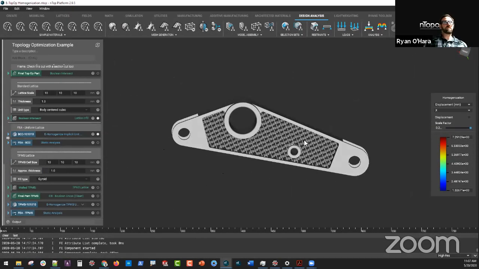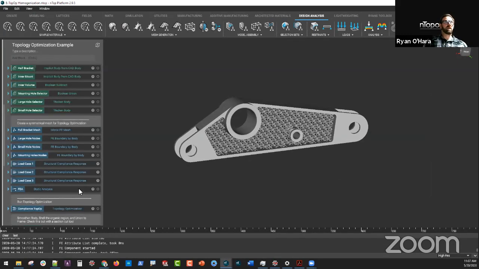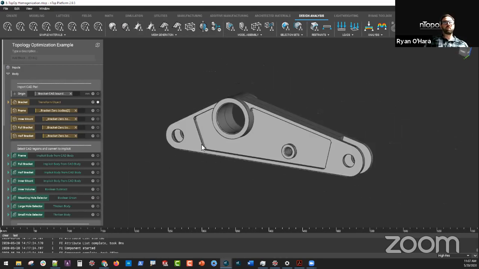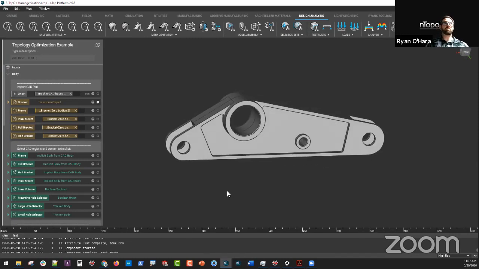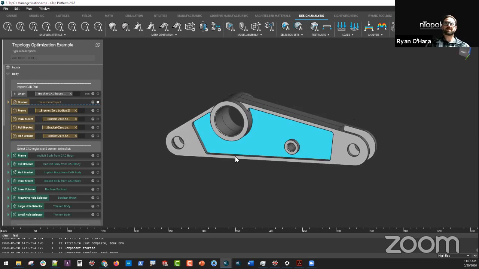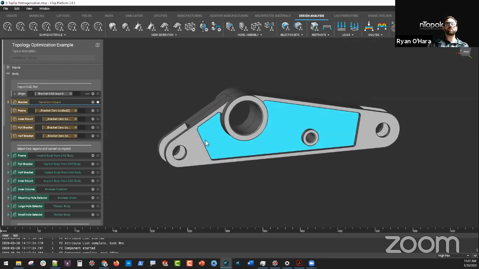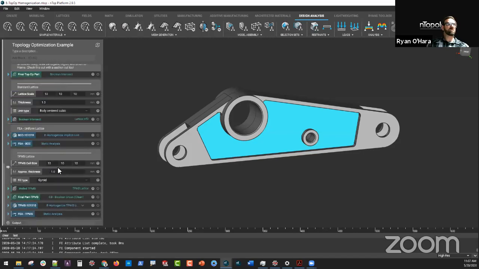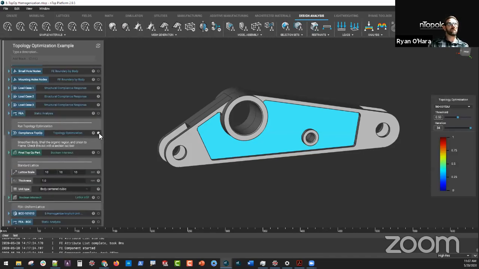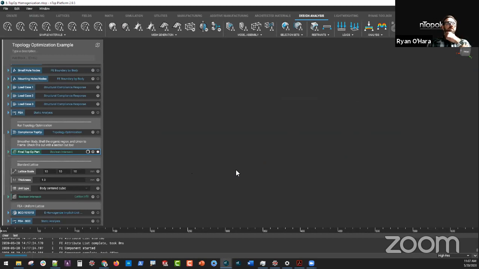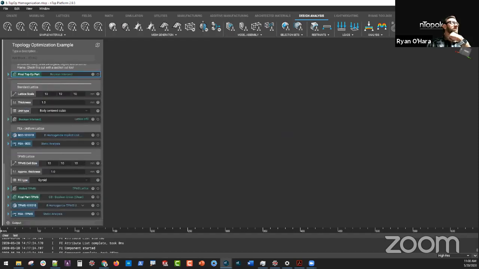And so this is a top-op bracket that we've used in the past. And the idea is that we want to perform some operations. In the previous use cases, we've looked at taking this center section and optimizing it to reduce weight, because we're carrying loads in different scenarios, but we don't need all this material or all this webbing. And so in the past, we've just looked at a top-op. Actually, let's do this guy here. And when we look at this top-op, you're going to see how we basically removed material from the center section, right? And so what we want to do there, or actually, if we go back to our slides,